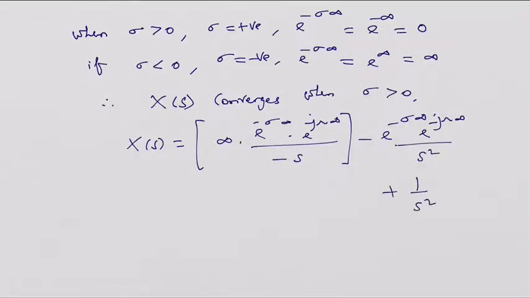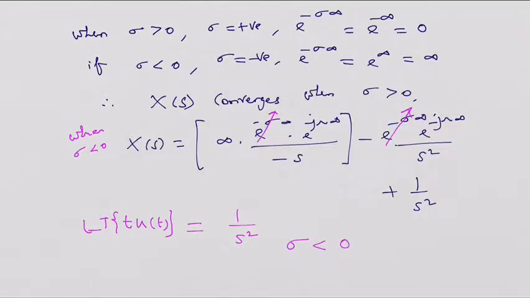You can notice the condition: the existence of the ROC, or the existence of the Laplace transform, is possible only for certain values of sigma. If sigma is greater than 0, this term will become 0, correct? And this will also become 0. Now the result will simply become 1 divided by s squared. I'll write it here itself: the Laplace transform of t into u of t is equal to 1 by s squared, provided the ROC is